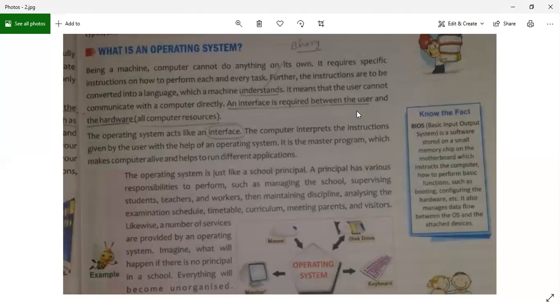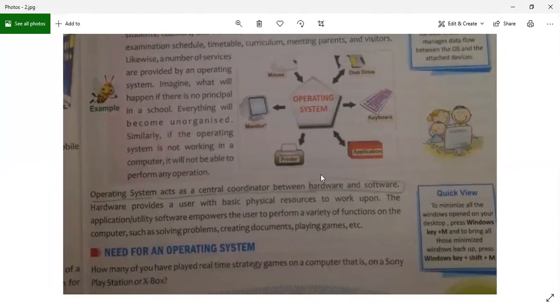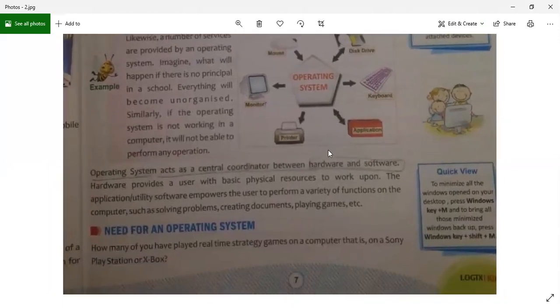You can have a look at the diagram that we have here. The operating system is in the center, and it is trying to control and communicate with each and everything. The operating system talks to your disk drive, your keyboard, and your applications, which can be Notepad, Microsoft Word, Microsoft Paint. It talks to your printer, your monitor, and your mouse. So all the physical devices and the applications are connected to the operating system. They are talking to the operating system. So the operating system is very, very important. It talks to your physical components and it talks to your software both.